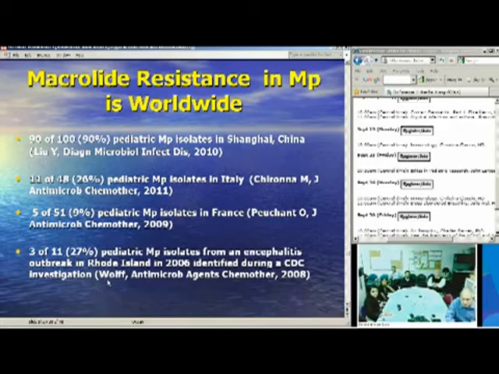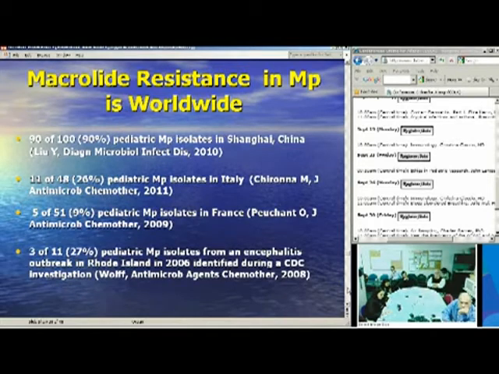this is a paper from 2008 from the CDC, in which they were looking at an encephalitis outbreak in Rhode Island that was associated with a Mycoplasma pneumoniae outbreak, and that's an entirely different aspect. Some of the extrapulmonary aspects of acute Mycoplasma pneumoniae infection are also pretty significant. But they found almost a third of the isolates were macrolide resistant. So we know it's here in the U.S. It may be